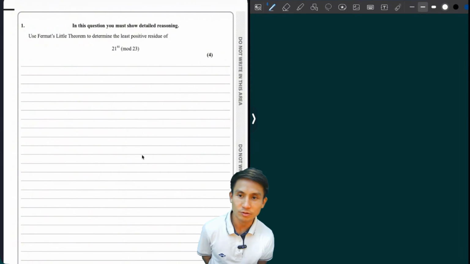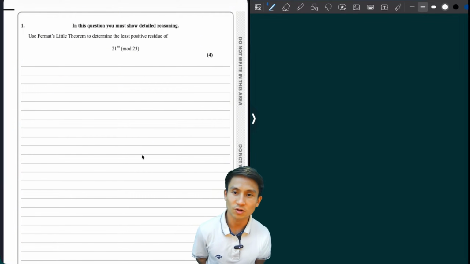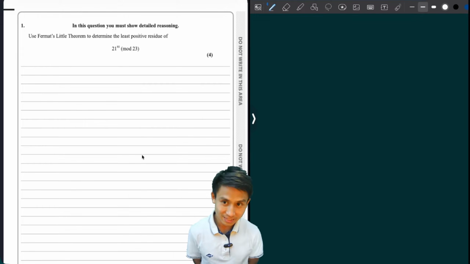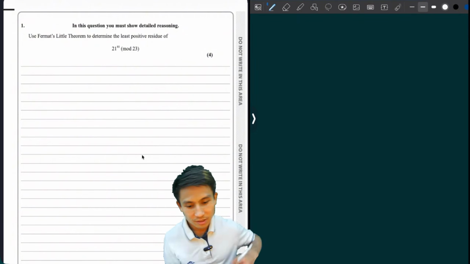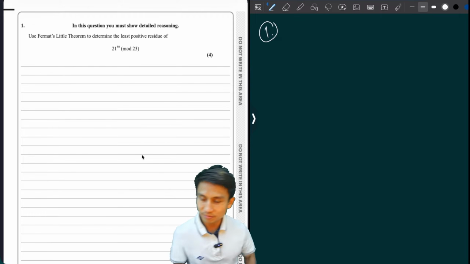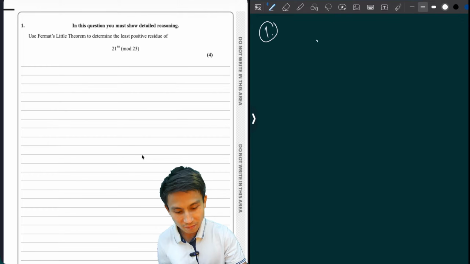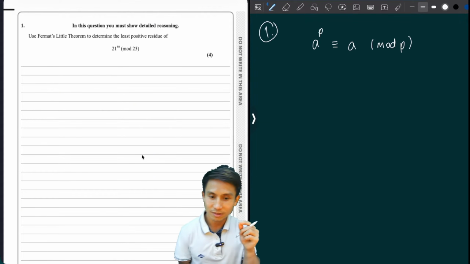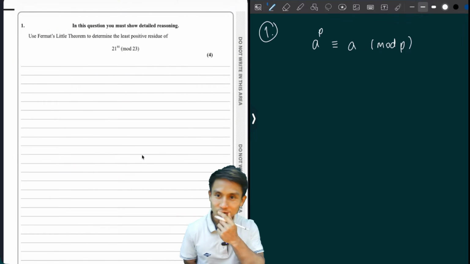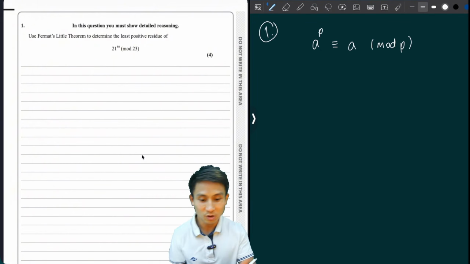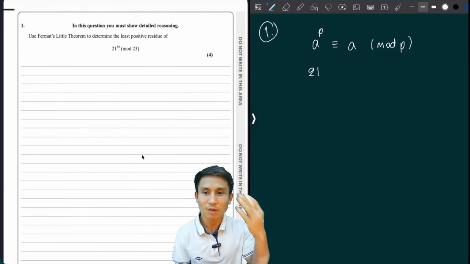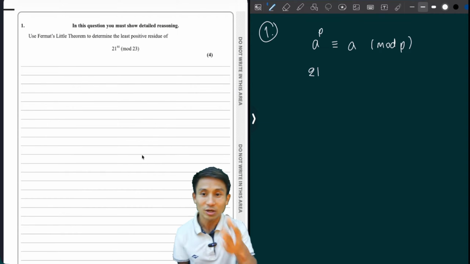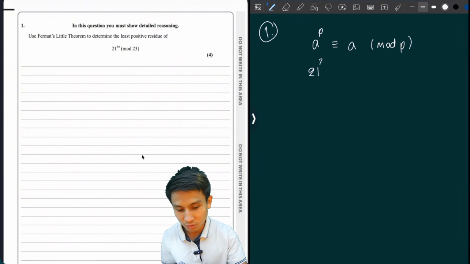Use Fermat's little theorem to determine the least positive residue of 21 to the power of 80 modulo 23. Right. So in Fermat's little theorem, we know that if we have a to the p, we can put that equivalent to a, modulo p, where p is a prime number and a can be any integer, right? So for example, here we have a to be 21, so I can put 21 to the power of some prime number, and because 23 is also a prime number, so I'm going to put 23 here,